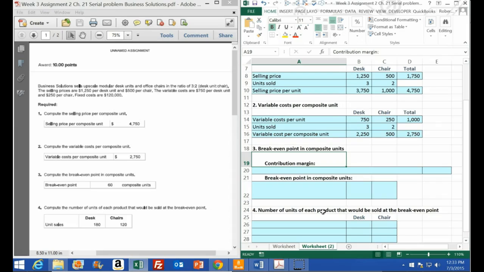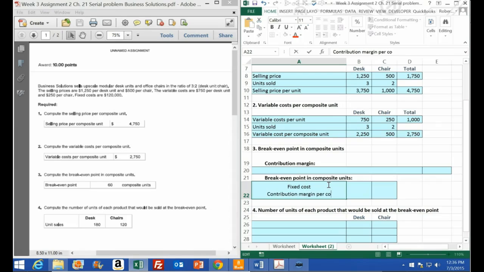Then we're going to calculate our break-even point in composite units. So first off, I'm going to put the break-even point formula down here, which is the fixed cost over, and in order to do this in one cell, I'm going to hold down the Alt key and select Enter, and that will bring me to the second cell. So once again, Alt, Enter will bring me to the second cell, and then we're going to take it over the contribution